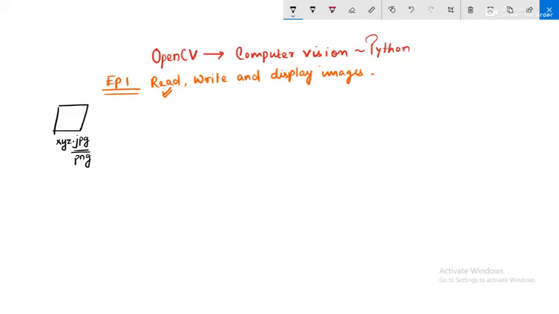So this xyz is the name of the image file. Make sure you are using some IDE that supports OpenCV, for example Jupyter Notebook or PyCharm, and also make sure that you have installed OpenCV by the pip install method. Since I have already installed it, I'll be starting with the coding part.